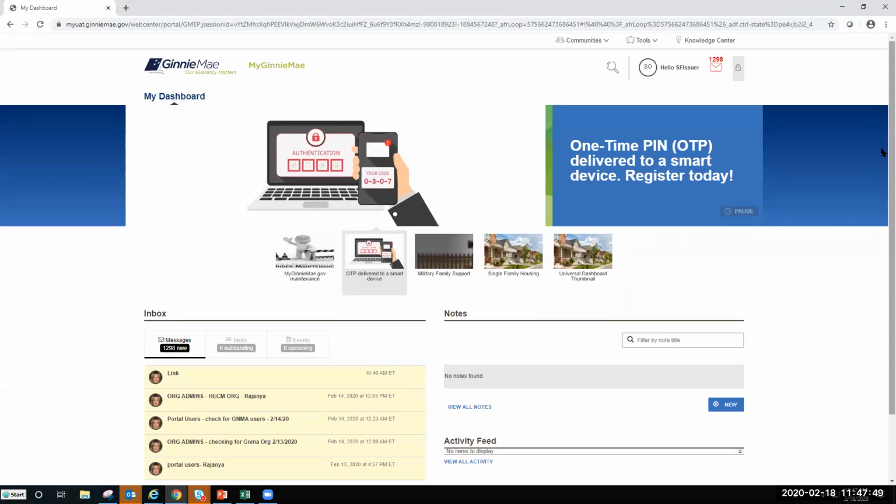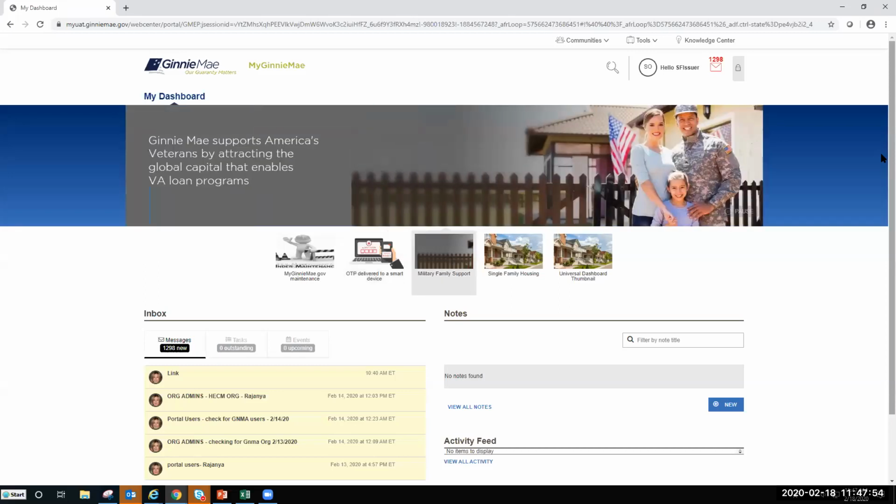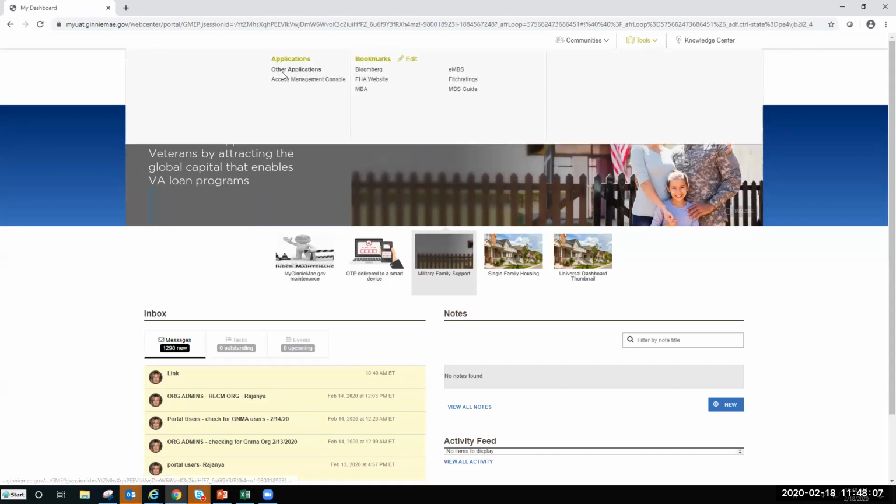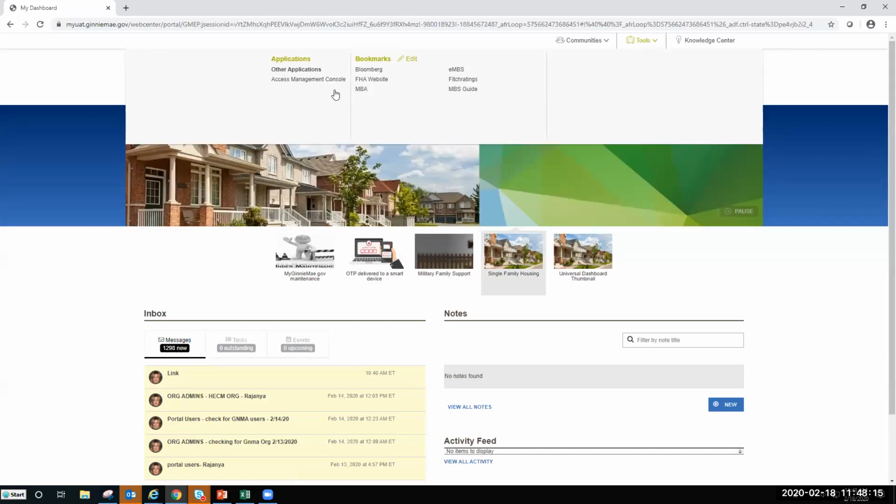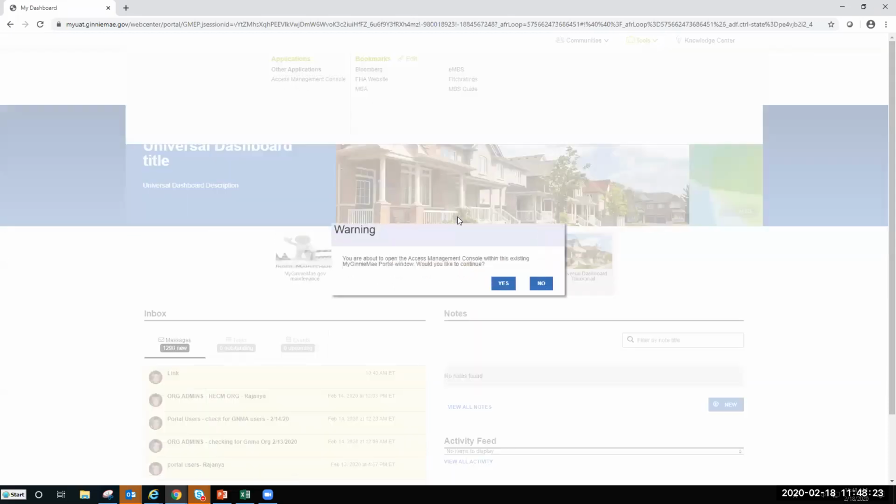But for us as org admin, our main responsibility as org admin is actually to manage our end users. So we want to get to that section that actually deals with that. Right up here where it says Tools, we're going to click on Tools. And on the Tools, we're going to go where it says Application, Access Management Console, AMC. That's what you're going to live and breathe, AMC, because that's where you're going to do most of your processing. So let's click on AMC. And of course, you get this warning and want to click on Yes,